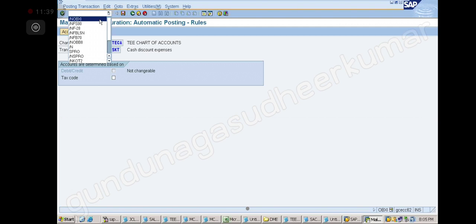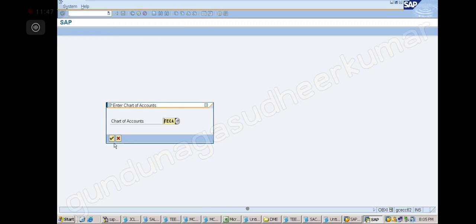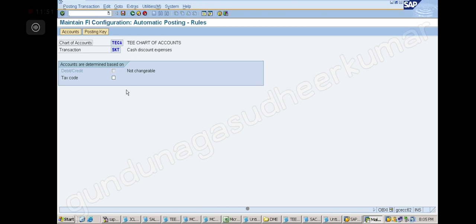Go to OBX. Right. So it's not given the account number. Okay, OBX, right? Give your chart of account, enter, and here you will click on FI configuration automatic posting rules, and here SKT you can see directly, and then you can click on the save option.